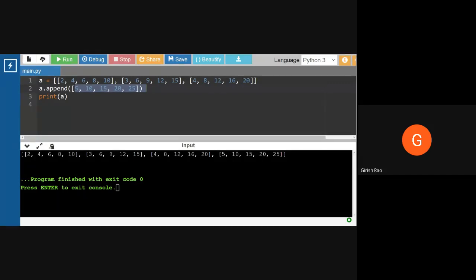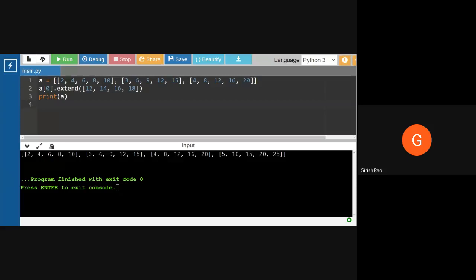So let me copy this. What if I want to extend a particular row? Is it possible? Yes, it is possible. How? Using a particular row dot extend. So I have a list which says 2, 4, 6, 8, 10, 3, 6, 9, 12, 15, 4, 8, 12, 16, 20. And then I'm saying A0 dot extend.